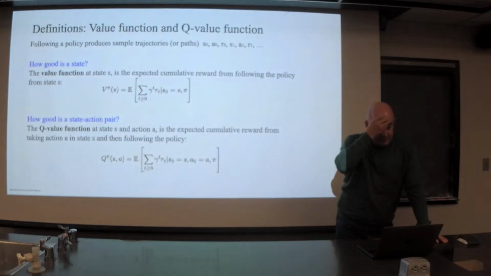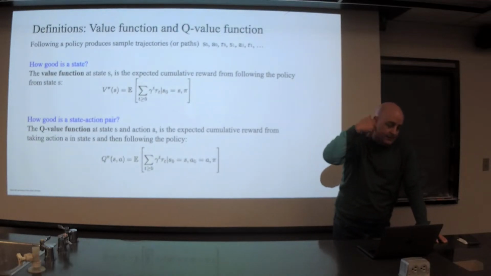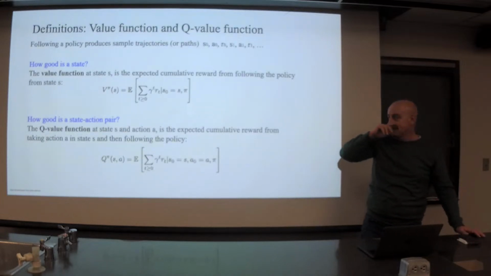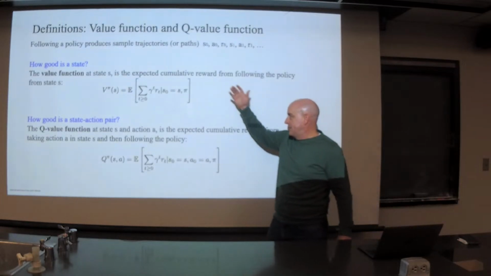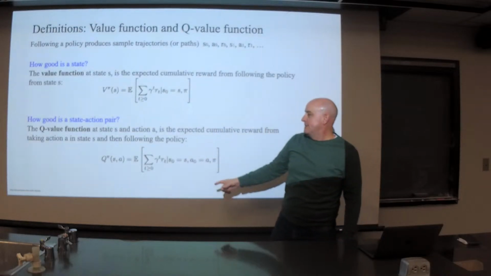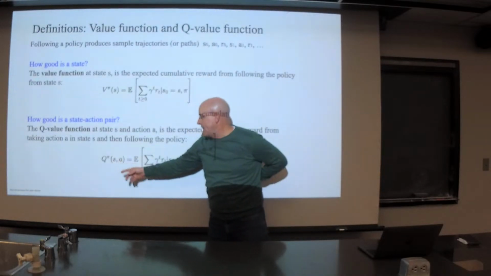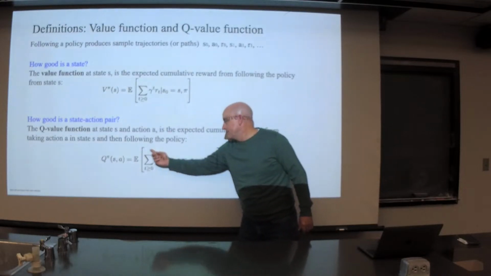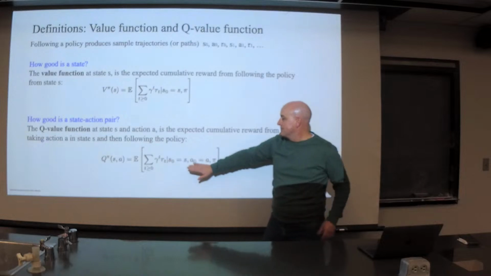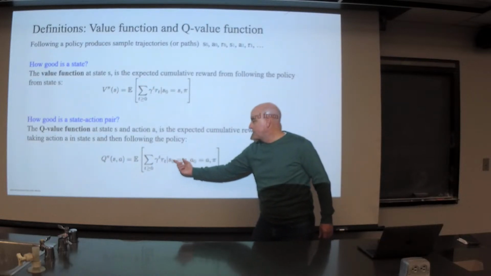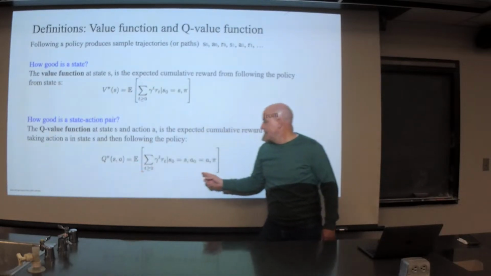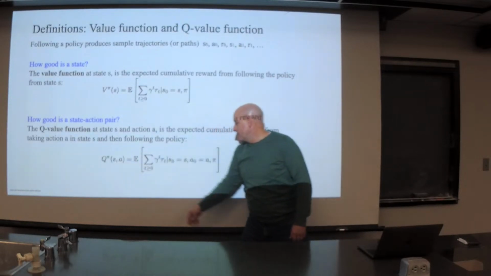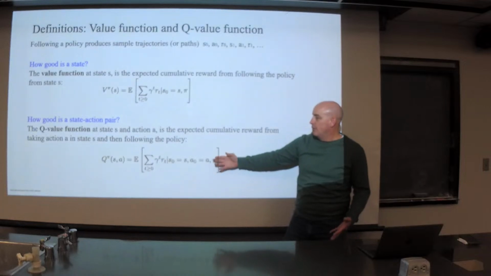The Q value function is now about not just assigning a value of how good a state is, but how good a state action pair is, right? So this is exactly the same thing as before, but instead it's a function of both the state and the action, and this sum is now the sum where we start in the state S, and then the first action we take is the action A. Again, conditioned on this particular policy.